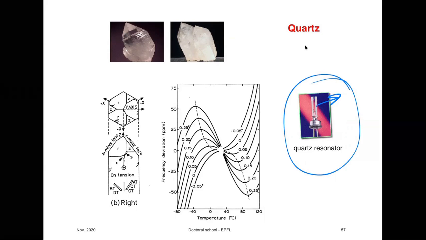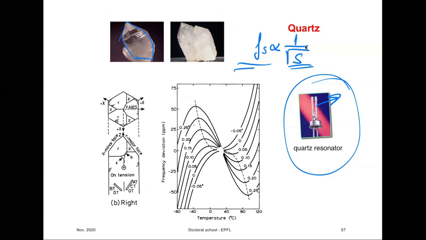Now, why is quartz interesting for this? Well, you see how the crystal is growing, and it turns out that a crystal cut along one of the principal axes is not the best for frequency applications, because as you know, the resonant frequency is proportional to elastic compliance, or directly proportional to Young modulus. And you want this resonance frequency to be stable